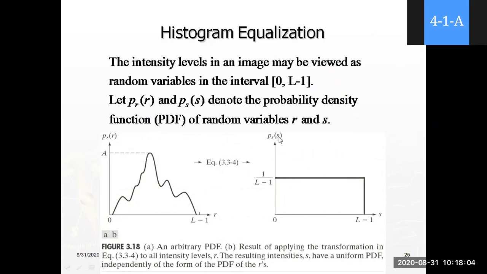So here what is S and R, or what is R, the input value? What is S, the second function? So here I am taking two probability functions and arbitrary values. The results of applying the transformation functions to intensity levels are the resulting intensity levels S, having PDF functions with two different probability functions. So here this is random and this is uniform. Using these two probability density functions, how are we going to equalize the functions?